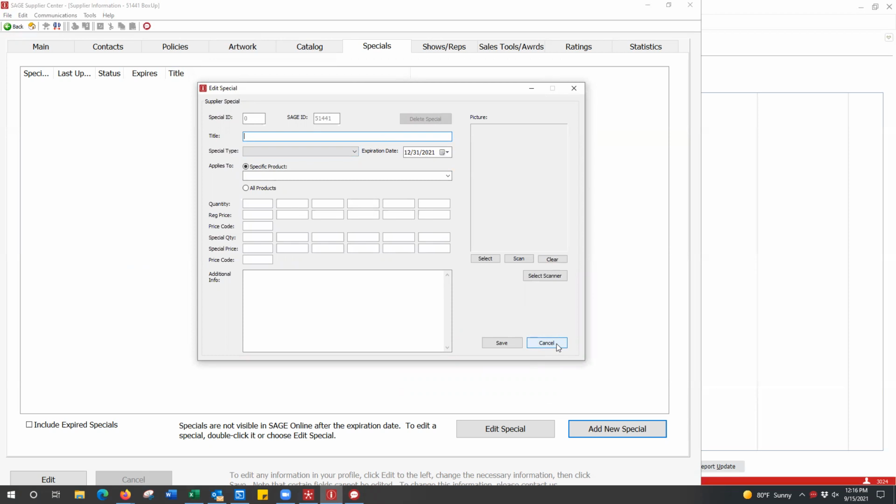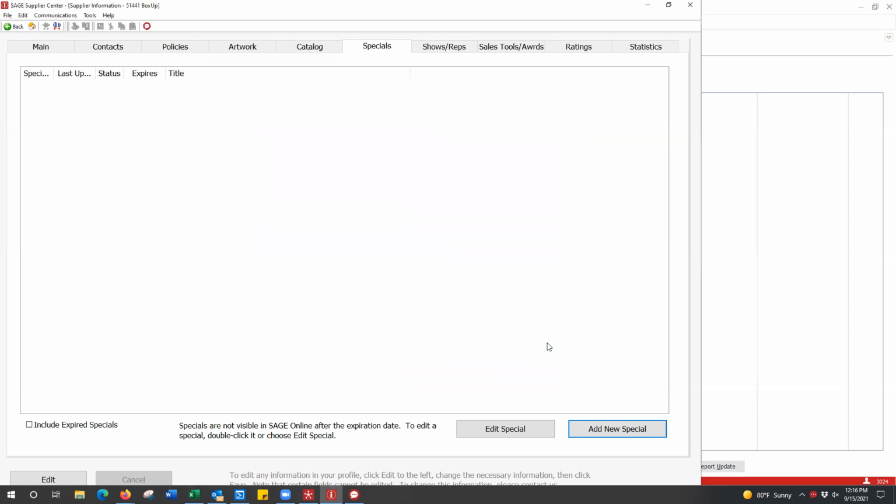Correct. I mean, once it expires, you can reactivate it. You just click under expired specials here, and then you just click on the one you want to reactivate and just change the date. You don't have to re-enter it if it's already in there. Okay. I mean, technically, you could set them all up if you wanted to and just put a date that's expired and then just come in here and reactivate them with a new expiration date. Got it. But there's no automatic for that part.